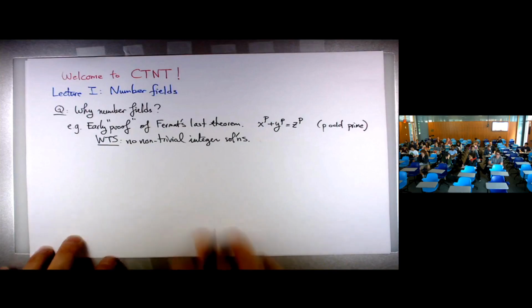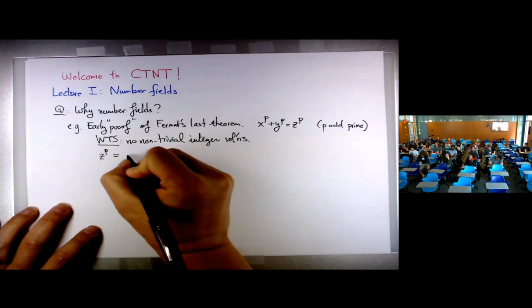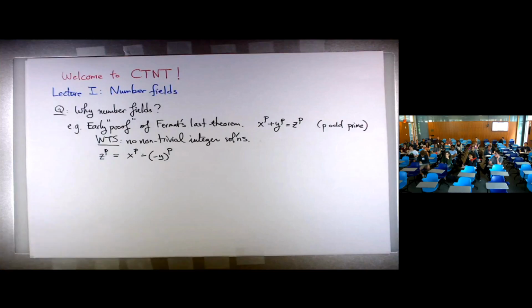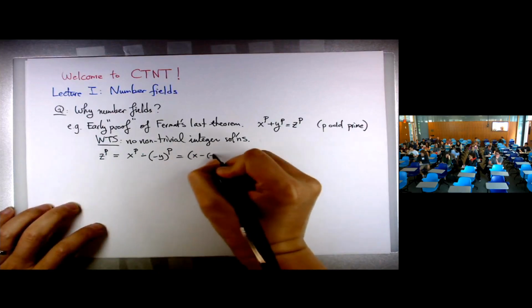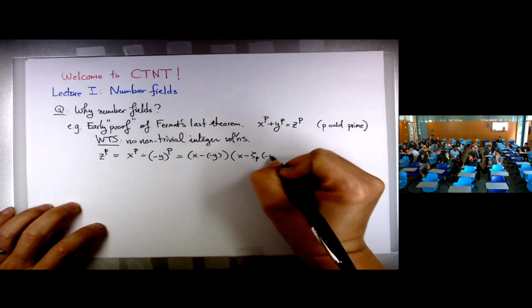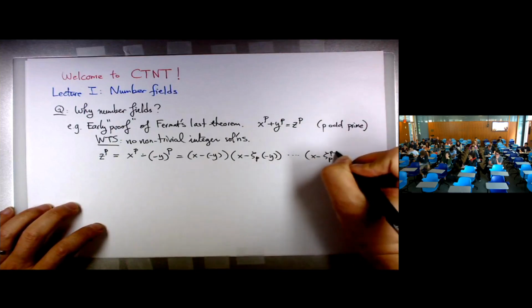But there's something that was known over 100 years ago. You can do the following. You have z to the p. Because p is odd, you can write x to the p plus y to the p as x to the p minus negative y to the p. And then, just like you factor x squared minus y squared, you can write it as x minus negative y times x minus zeta p, minus y, and so on, up to x minus zeta p to the p minus 1,